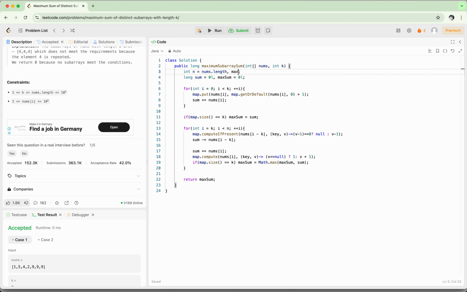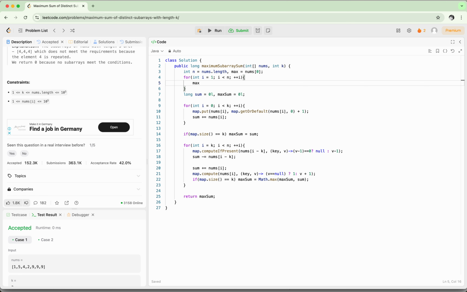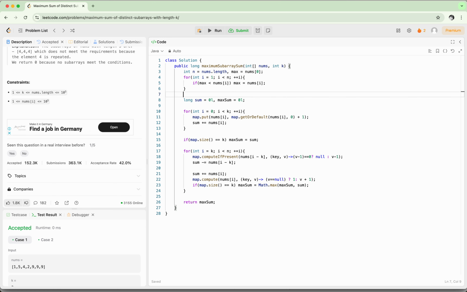So max is equal to, let's say max is equal to nums of 0. Okay, and then for int I is equal to 1, I less than n plus plus I, if max is less than nums of I, then we'll update our max is equal to nums of I like this, and then int array